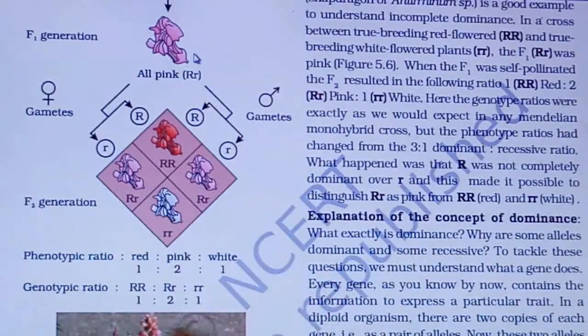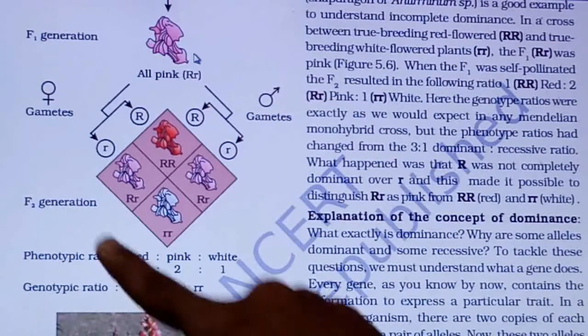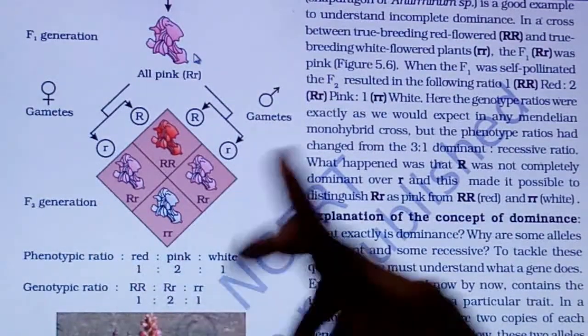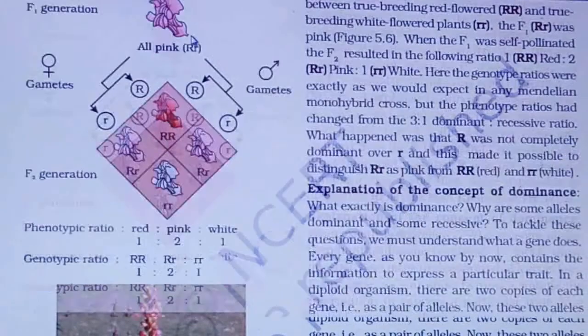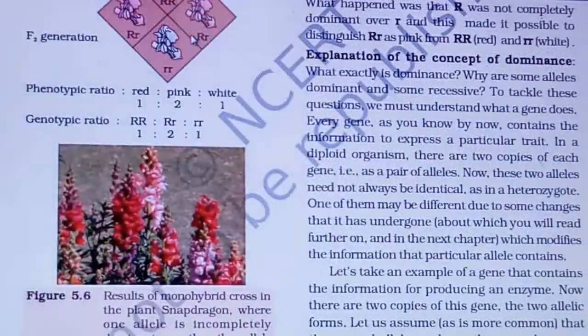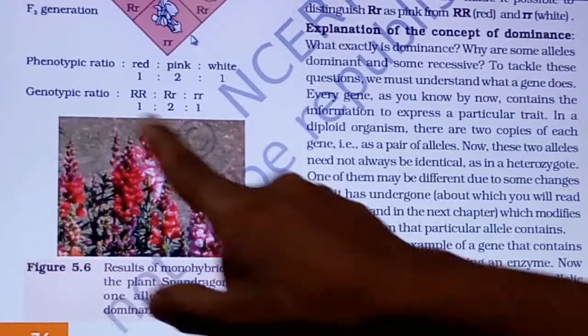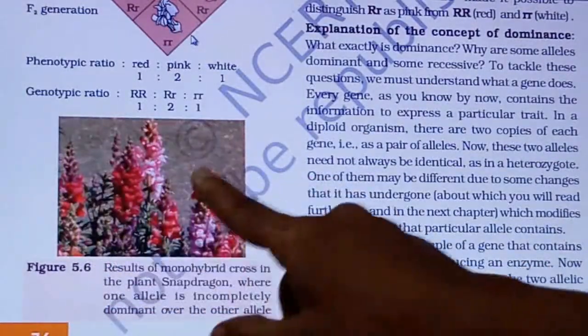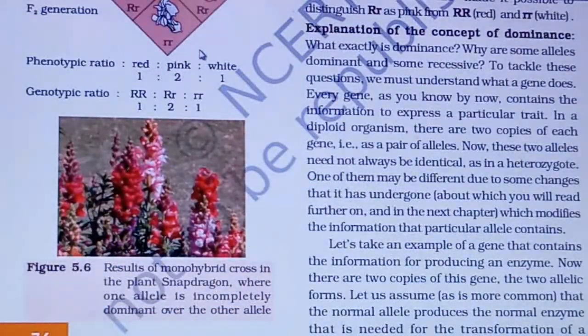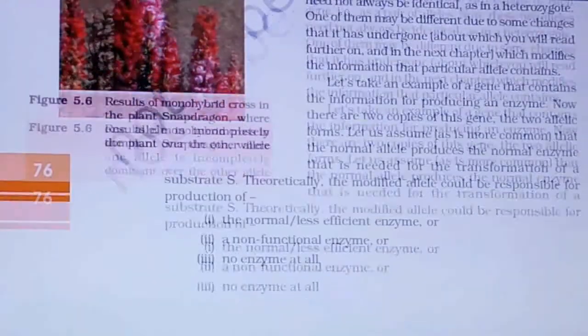So a question will also be asked on in which plant we can see that the phenotypic and genotypic ratios are the same. At that time you can write the name. See here, the example is given as snapdragon, and a picture of the flowers is given, right? So you have to prepare this whole explanation. Then